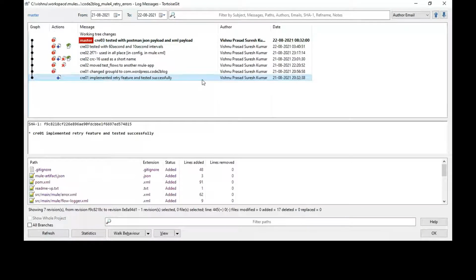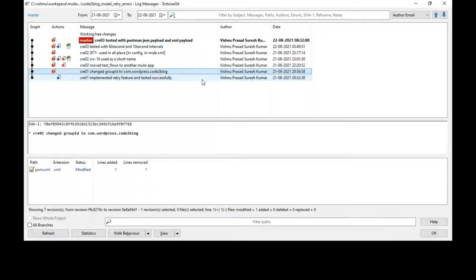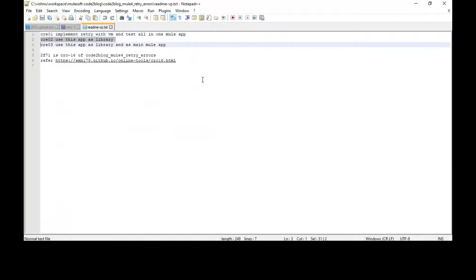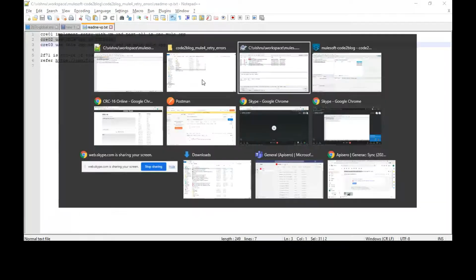This is a log of the changes that I have made. I'm trying to find the point of time where I switch from immediate retry to a scheduled retry. Okay, so I can see that I've added the feature.